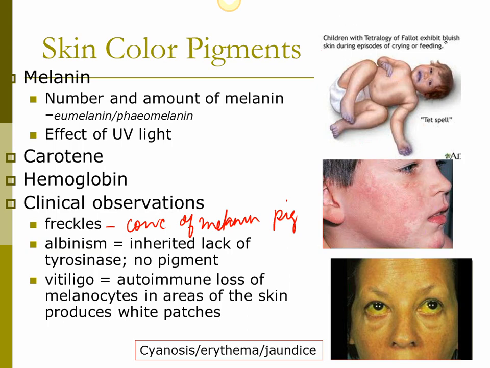So this is a bluish discoloration of the skin or mucous membrane. What do I mean by mucous membrane? For example, your lips, your tongue, your gums, and even the nails. Look at this child's nails, they also look blue. So this is known as cyanosis,